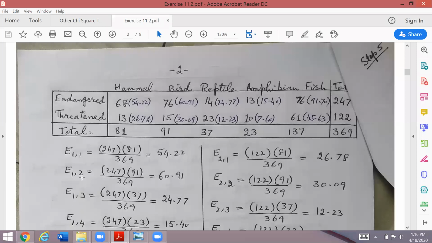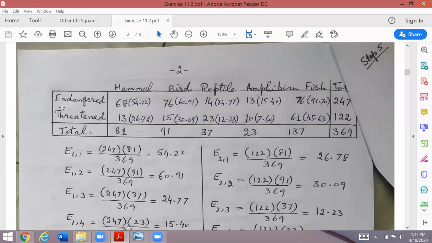First row, E12. You see, in matrices, E11, E12, E13, you understand? E11 means element at the first row, first column. E12 means element in the first row, second column, element in the first row, third column, first row, fourth column, like that. E22 means element in the second row, second column. So the elements are there in front of you in the form of the table which is given to you in the problem. Now, how to calculate E12? I'll just tell you a few of them, and then the remaining you can understand yourself.